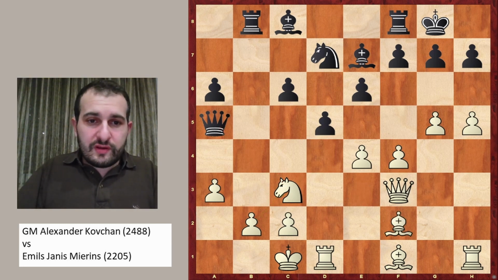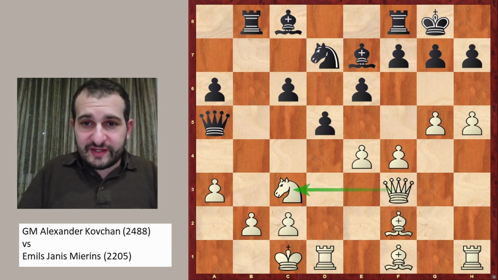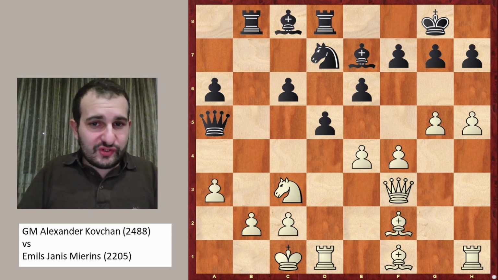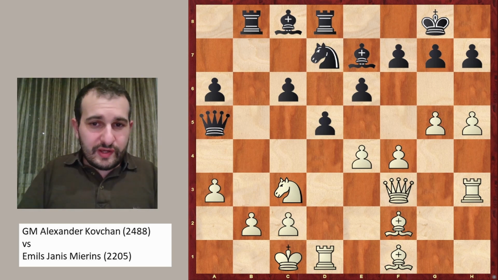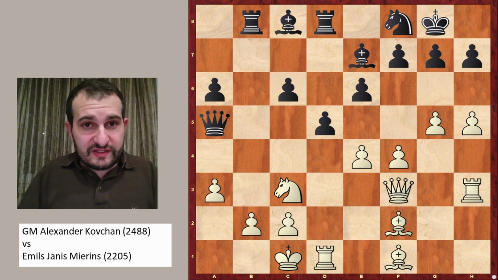f2. Now the queen is defending. However, this position is still very complicated. A move which might follow is, for example, rook to d8, and let's say white plays rook to h3, then black is just in time to play the very strong defensive move knight to